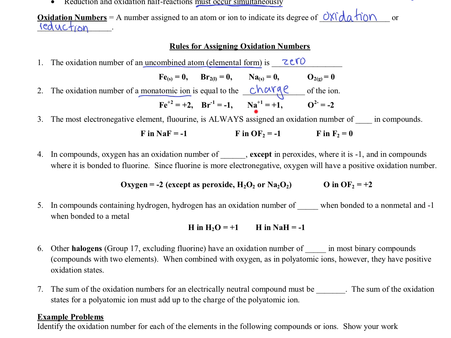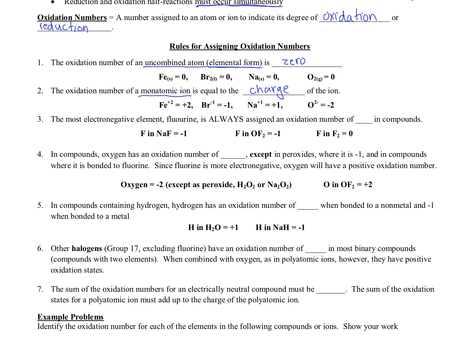Sodium is an alkali metal in group 1. When it is an ion, it has a charge of +1, so its oxidation number is +1. And oxide ion is -2 because it's in group 16, so the ion form of oxygen has an oxidation